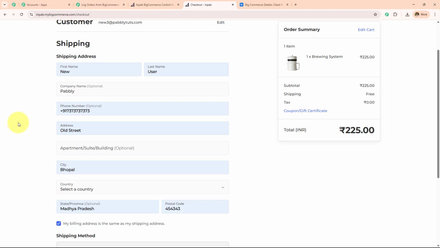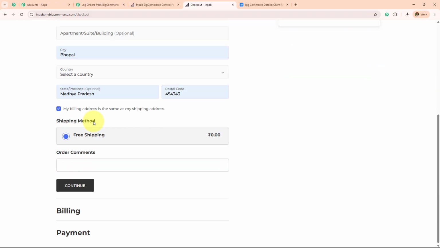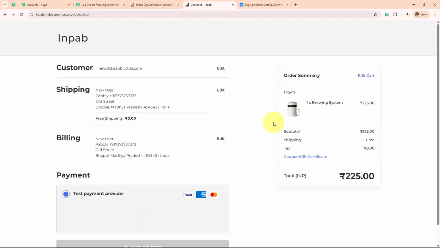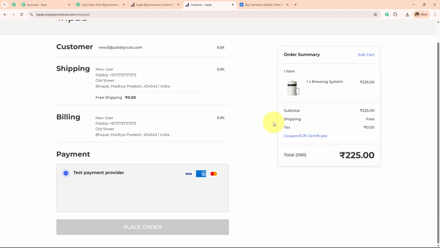Here I've entered my name as new user, company as Pabbly, phone number as this, address is Soul Street, city is Bhopal. Then I'm going to skip this country. I have entered my state as Madhya Pradesh, postal code as this. I'm going to click on this continue, and over here you can see that I have to enter the payment